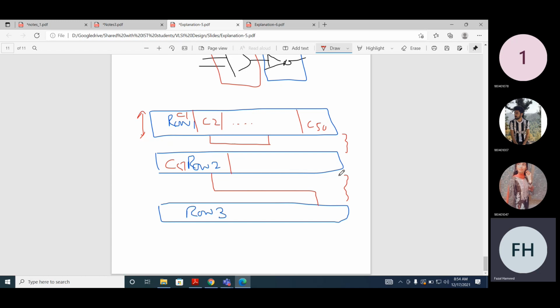So there are rows, each row consists of different cells, and there is a spacing between different rows, and this spacing is used for connecting different cells within the same row or across different rows. So it can be used for intra-row connection or inter-row connection.